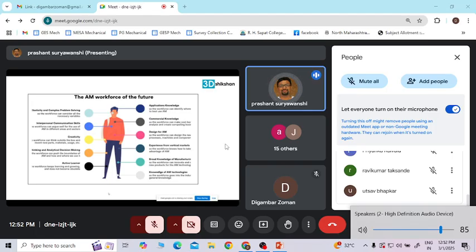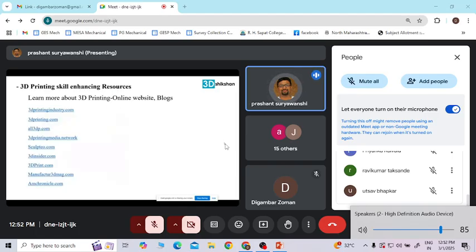So as a faculty, where to use this technology, or how you can strengthen the ecosystems. For that, it's very important for you to learn 3D printing and also understand its limitations.